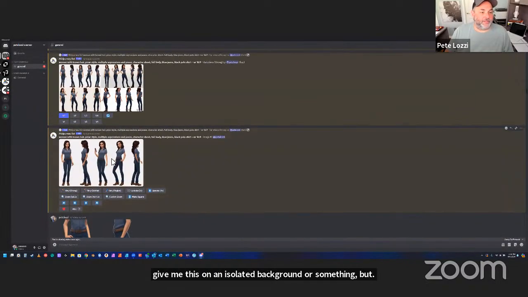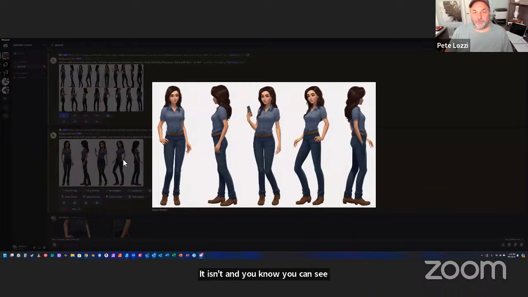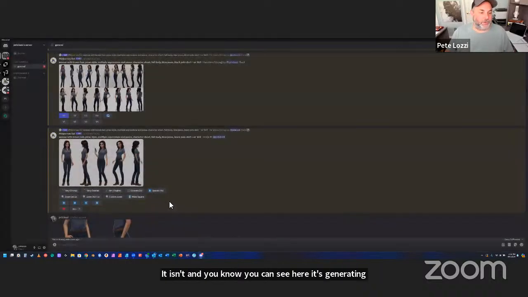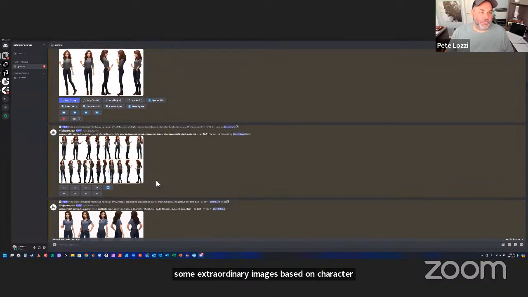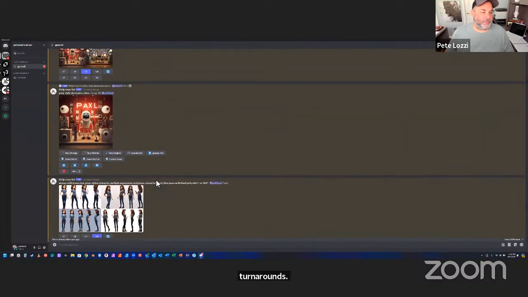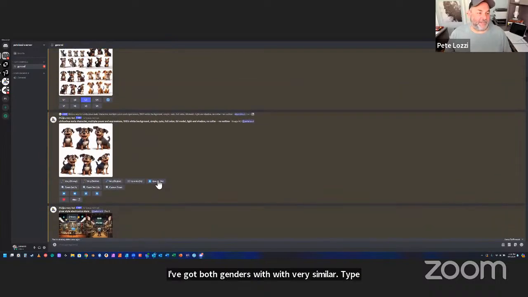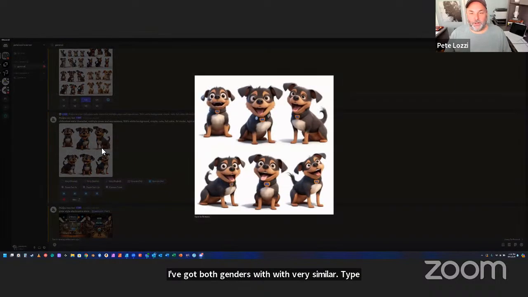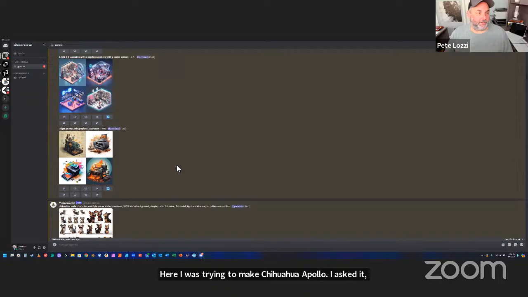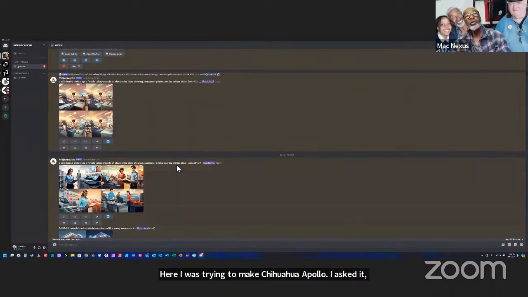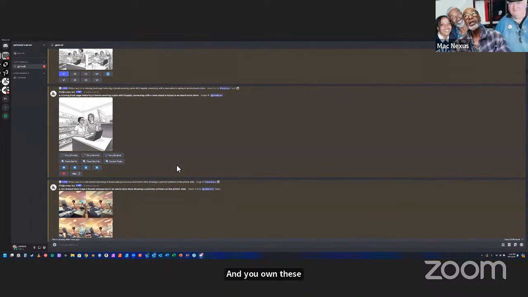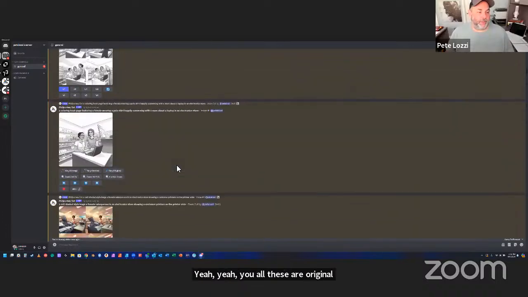And you can see here, it's generating some extraordinary images based on character turnarounds. I've got both genders with very similar stylization. Here I was trying to make Chihuahua Apollo. I asked it to make a character of my dog and love the results. And you own these? Yeah, you own these. Okay. Original images. Okay. Here's one that I needed to